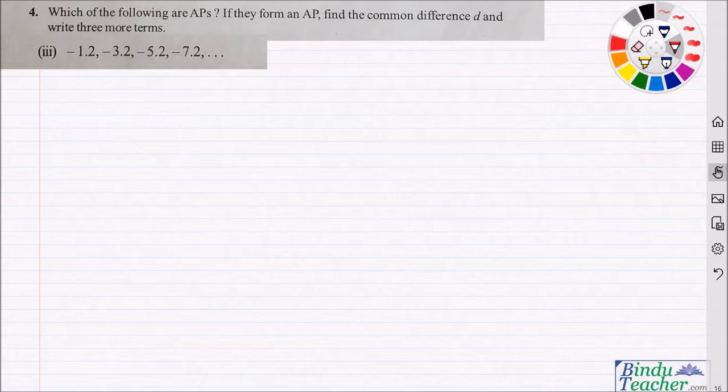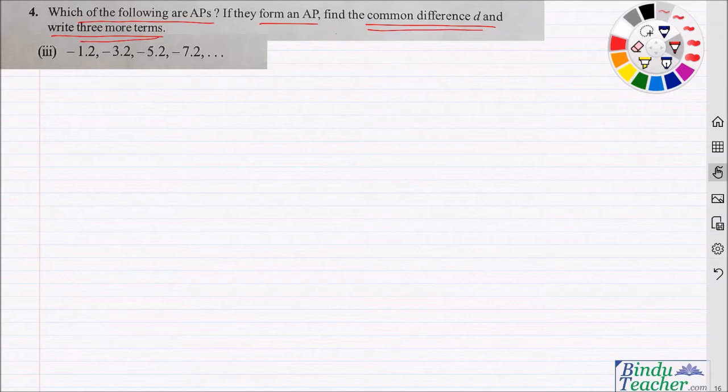Let's solve this question together. Which of the following are arithmetic progressions? If they form an arithmetic progression, find the common difference d and write 3 more terms. So what we must do is, we must first check if this list of numbers form an arithmetic progression. If they do form an arithmetic progression, then we have to find out the common difference d and write 3